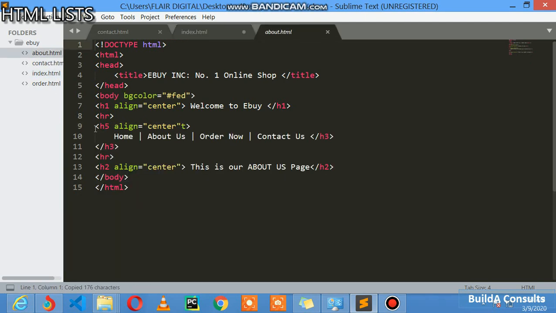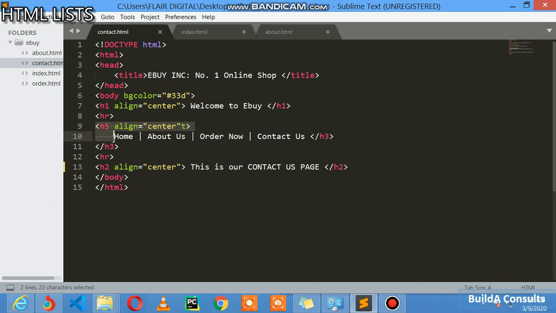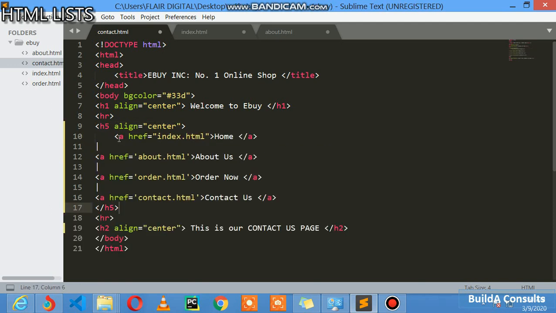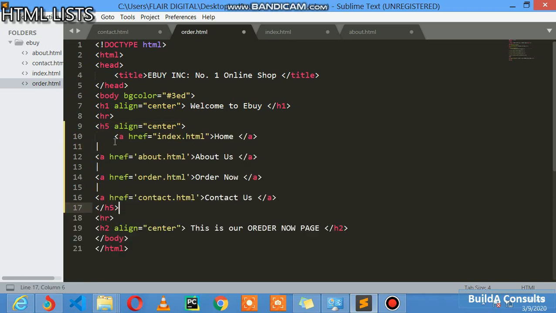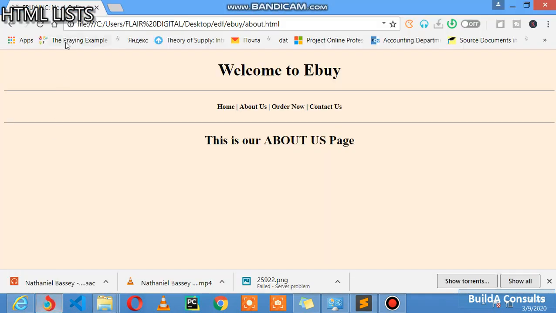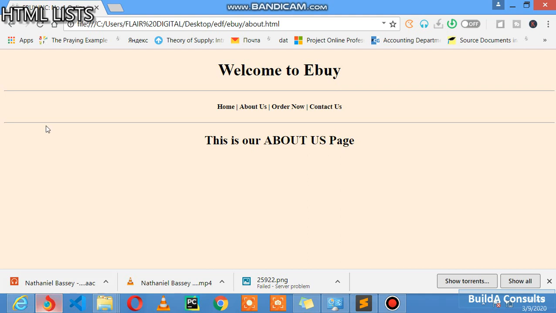So I will just bring it here and paste here. Go to contact, paste here, go to order, paste here. Once you do that and you save, your page is complete. I'm going to save all. Once you do that and save, you see,